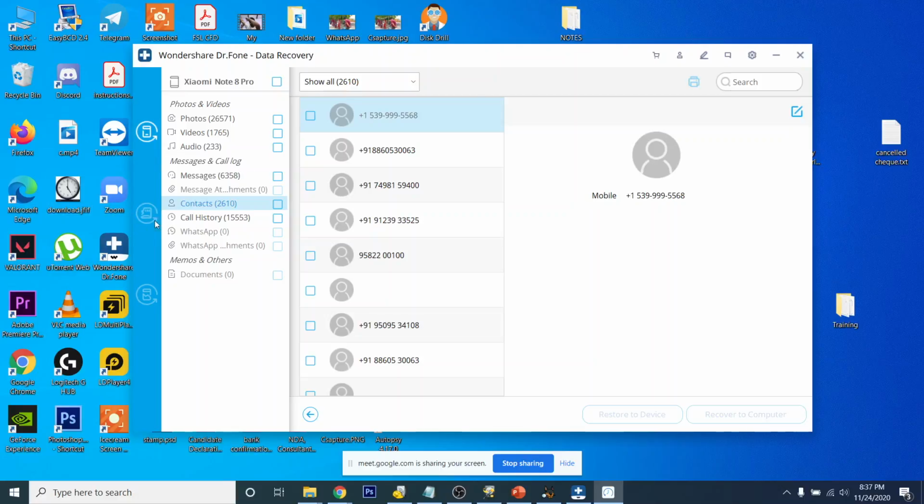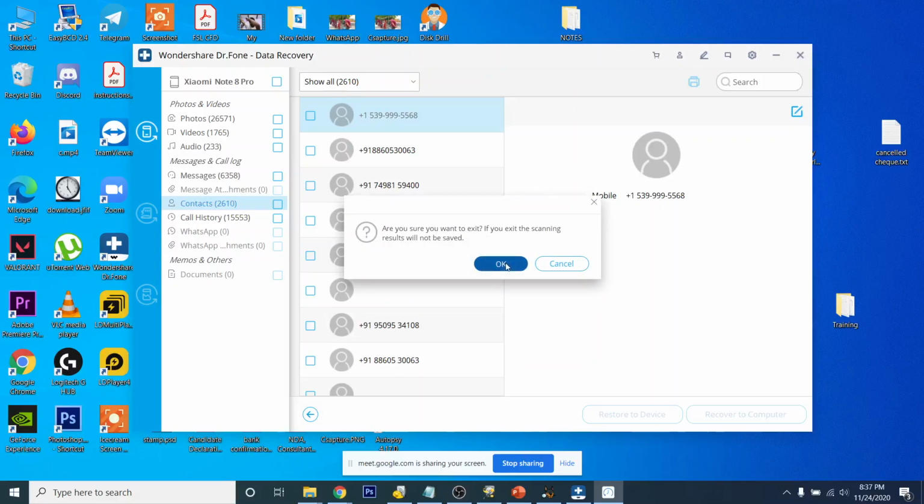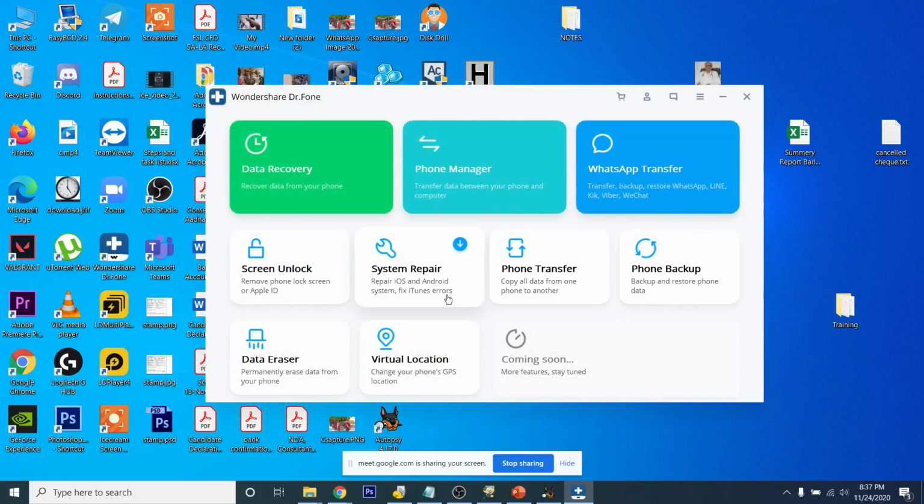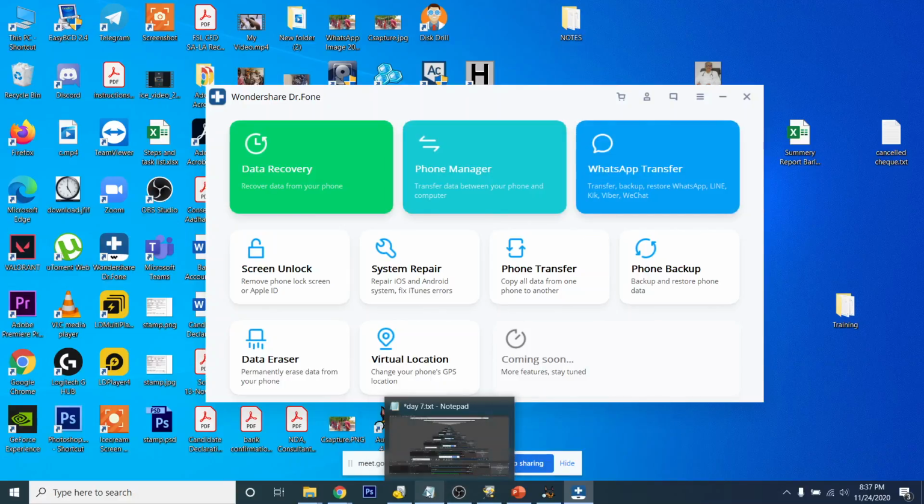Let's try with recovery from SD drive also. But I have a mobile phone with me which has root access. We can try with that. Let's close this. Okay. Let's connect my other phone. Start. 0% battery. Very nice.